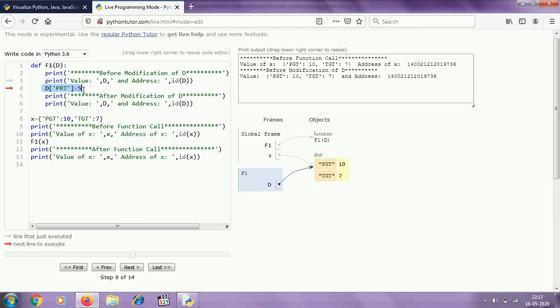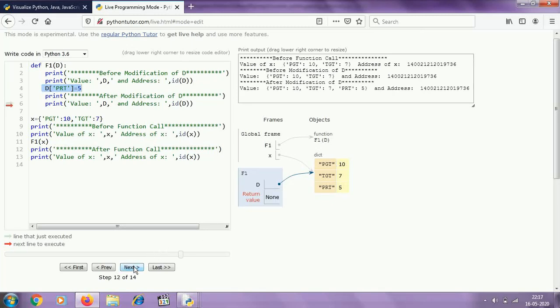Here we are going to create a key value pair prt and 5. As dictionary is mutable, change will be implemented in place. So another key prt will be created and the value 5 will be associated with the key prt. And you can see x is still pointing to this object as well as d is pointing to this object. So change will be reflected in both the variables x and d.